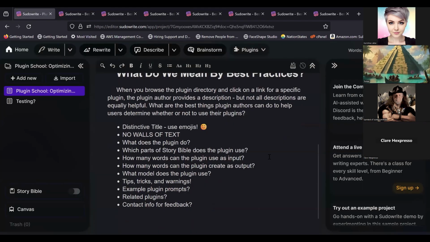There are a couple things you want to make sure you do. I'll just go over the list first, and then we'll take a look at how some different plugins are set up and see how well they do at these things. My first recommendation: distinctive title. You want to make sure your title tells people what the plugin does, and